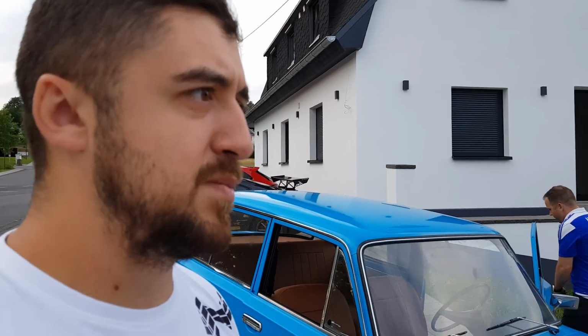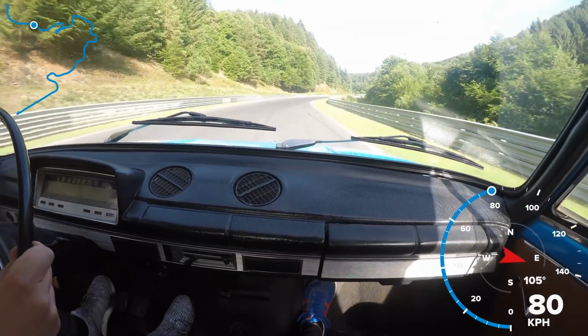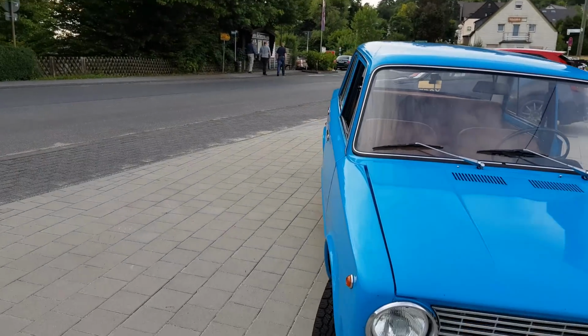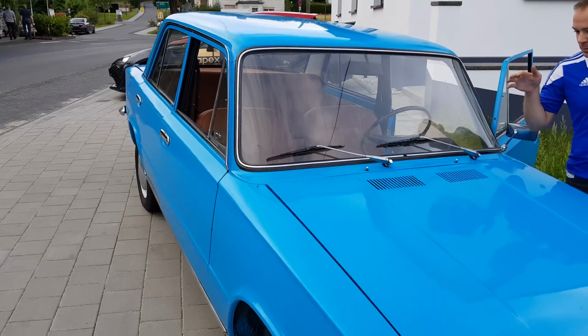Kesselchen close to town, the uphill section, it was probably maximum 80 kilometers an hour. Come on, baby, I can make it. But that's what you expect with a low-powered car with the 60 horsepower. But no, I'm very, very, very happy about...